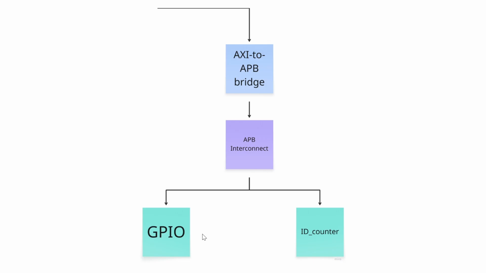In the next video, we will be designing the actual Verilog code for the GPIO that supports APB protocol. And in the further video, we will be doing the ID counter and we will also be doing AXI based